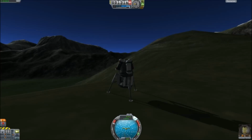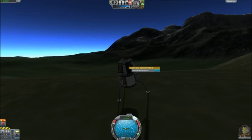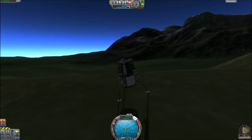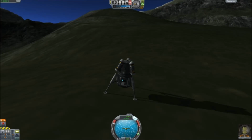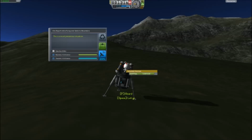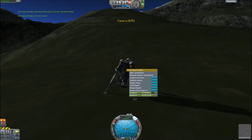Just for kicks, let's try some of our more mystery goo stuff. We observe the goo. That's about as much as we can get out of that particular one. Do we observe more goo? We do! Bam! Now, unfortunately, we've already used our Science Junior at the base, so there's not much more science to gather out of that, but we can conduct a quick EVA by doing an EVA report. It's a very precarious situation over the mountains. It does, in fact, count this as a new biome. So we are going to store the data here, quickly get back on board, see if we can do...